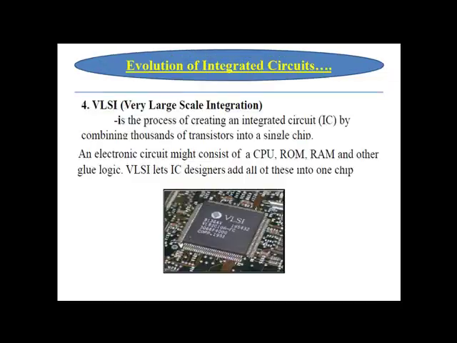Next is the VLSI. It stands for very large scale integration. This is the main process of creating an integrated circuit by combining thousands of transistors into a single chip. In this technique, more than 3000 gates per chip, or in terms of transistors, 20,000 to 10 lakh transistors per chip can be mounted on the same single crystal of silicon or wafer in the same area. For example, special processor, 16 and 32-bit microprocessor, CPU, ROM, RAM and other glue logic devices are fabricated